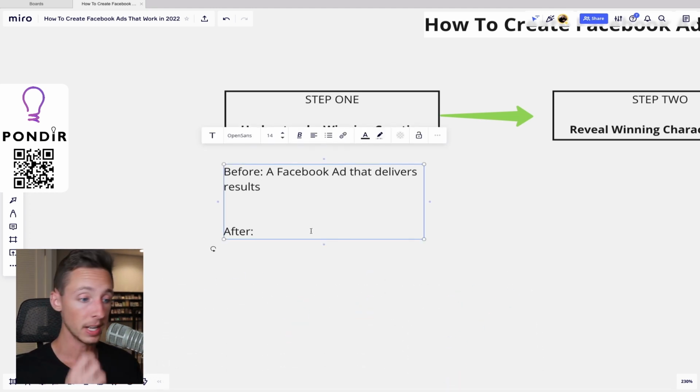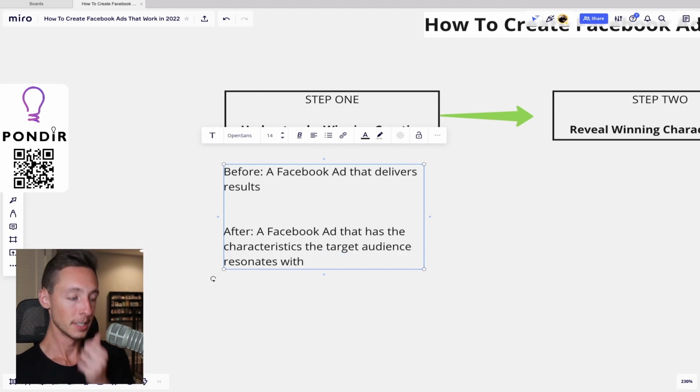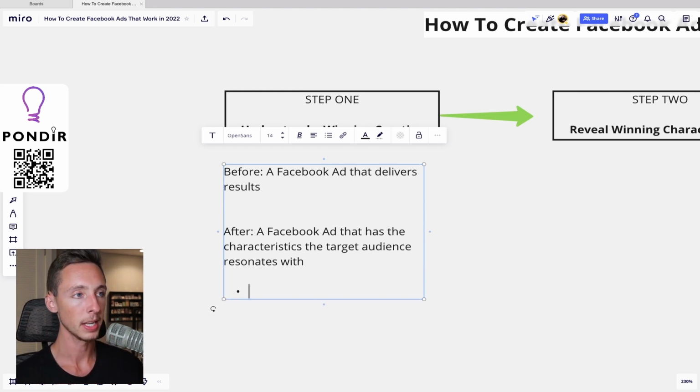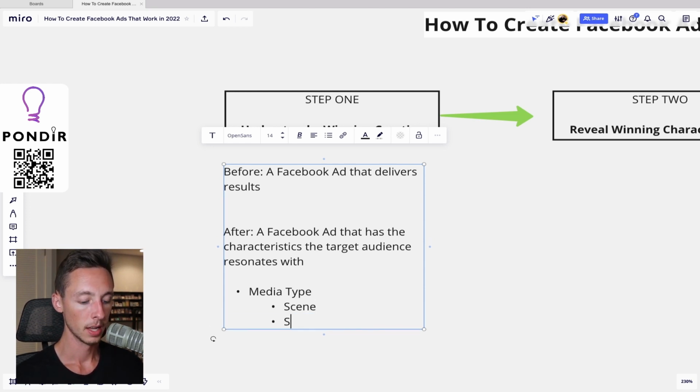What I want you to come away from this video understanding is that a winning creative is a Facebook ad that has the characteristics the target audience resonates with. So when you look at an ad, obviously the top level characteristics would be a video or an image, but we can go much further. For example, I'll sum this up as the media type. So that's a characteristic. But here's some more: the scene, the sentiment, the faces, or the people,